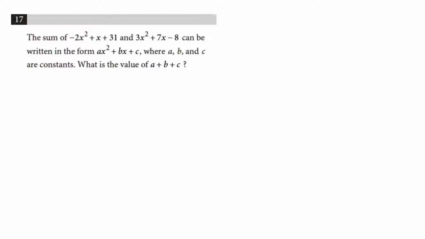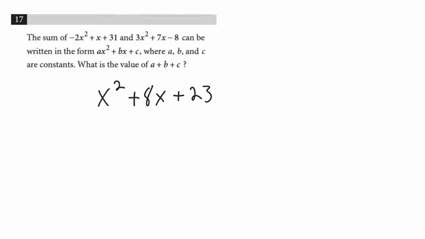Number 17, the sum of negative 2x squared plus x plus 31 and 3x squared plus 7x minus 8 can be written in the form ax squared plus bx plus c, where a, b, and c are constants. What's the value of a, b, and c? Okay, so if we add these two equations together, we're just adding the squared terms. That's just going to be x squared. Adding the linear terms, that's going to be 8x. And then adding the constants, that's going to be 31 minus 8. That's going to be positive